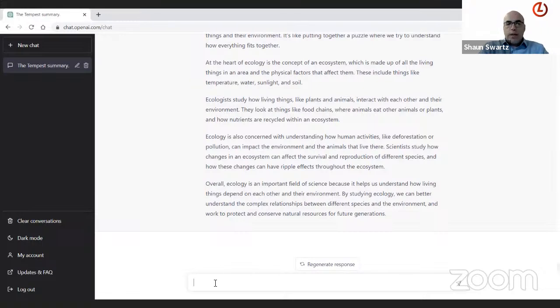We give it a paragraph. Let's do a simple example here. And just to show you why I'm going to do this, write a Twitter post on the Tempest using and include hashtags. Now, just asking it like that is not going to give a lot of information, but let's have a look and then we can improve on it.